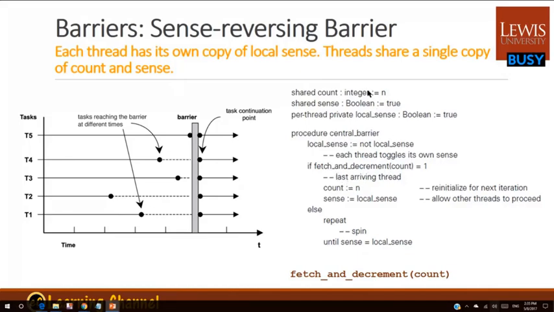If the count is already 1, that means everybody has arrived. If everybody has arrived, then we reset the count to n, so we reset the sync point for the next barrier. And we update the global sense with the local sense, allowing other threads to proceed. Now this works like a signal. Say I'm the last one, so I set this sense to